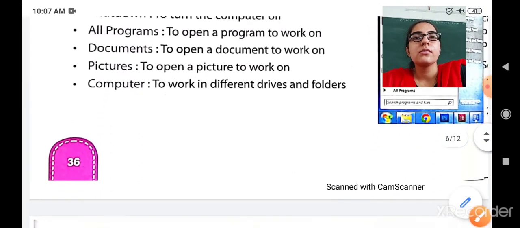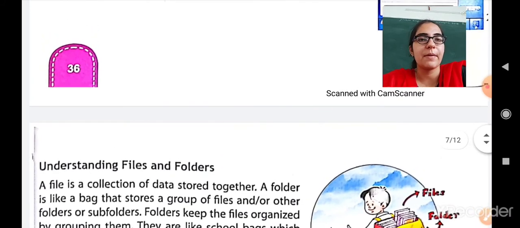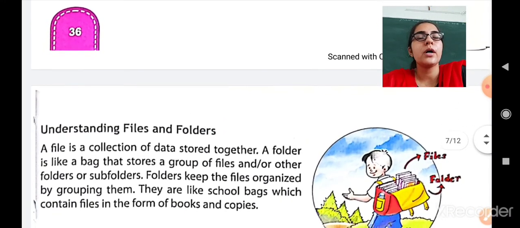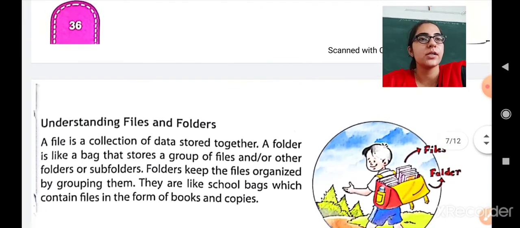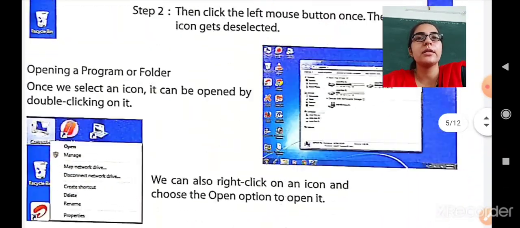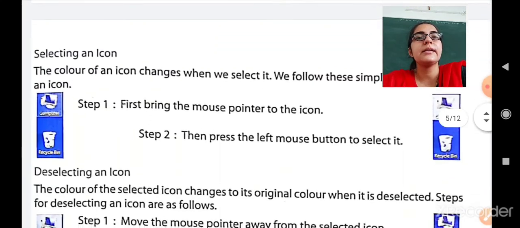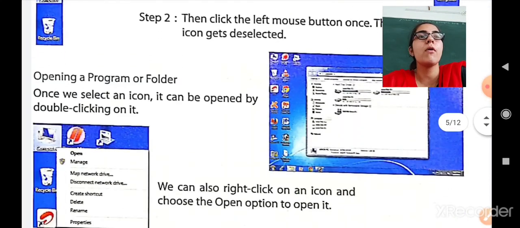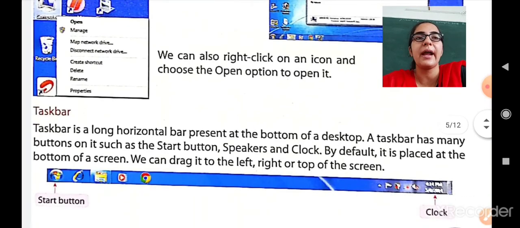Okay students, so we are finishing our session here, not our chapter. We will move forward to understanding files and folders, how files and folders work, in our next period. Okay, we will quickly revise what we have studied today. We have studied about the icon, how to select and deselect the icon, then how to open any of the programs or folders which are presented as an icon.